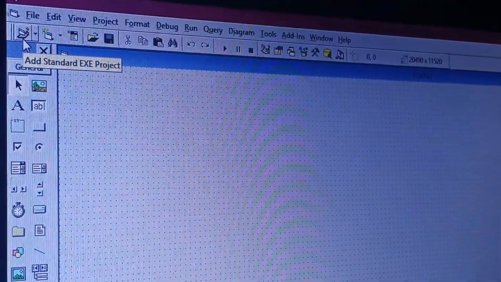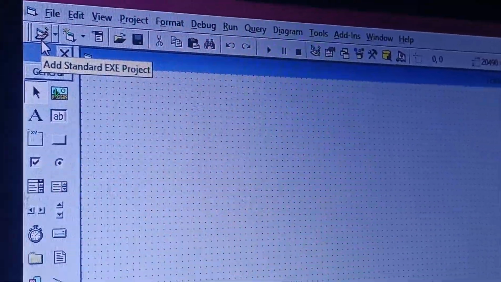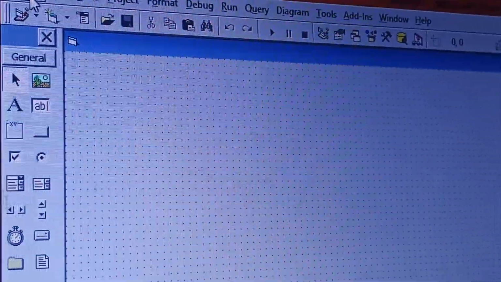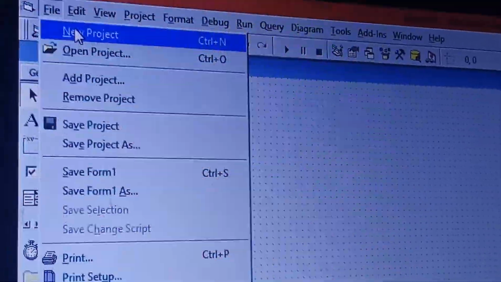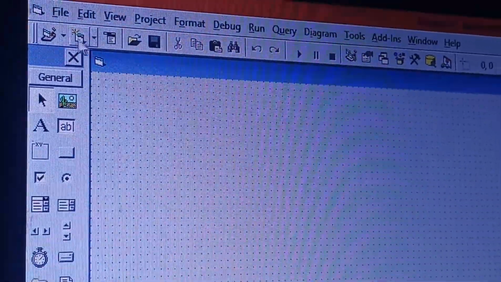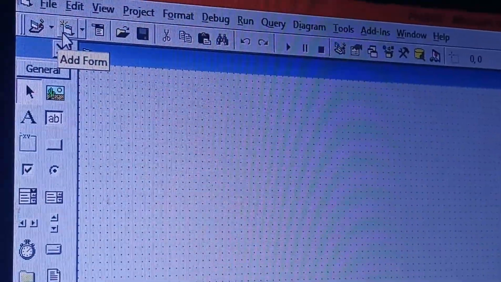Now if you look into the toolbar, what does it consist of? The toolbar is already providing us with some of the options which are there in the file menu, like new project and open project. These are the icons of those options which are most commonly used.